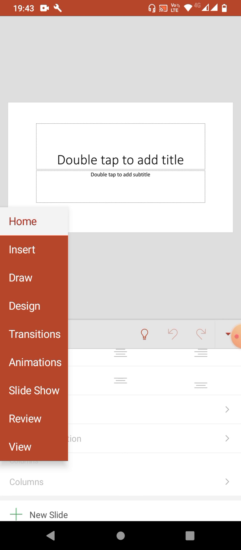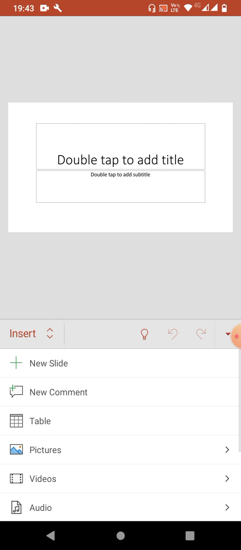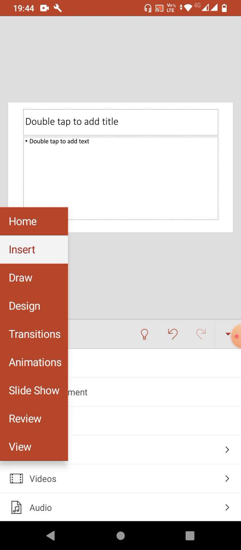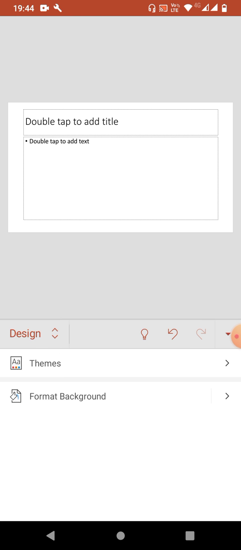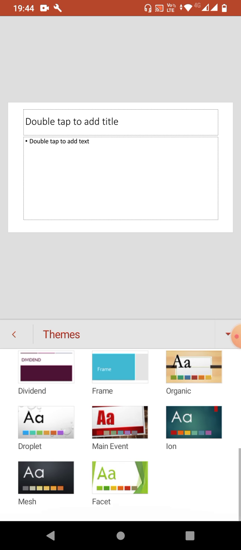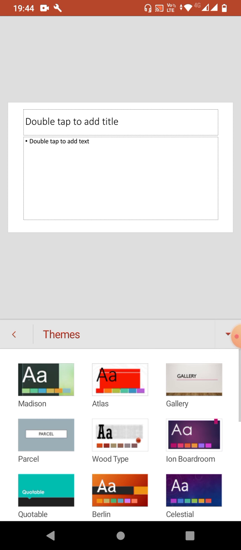So it's insert. From insert, let's see that we have learned to add a new slide. We can add new slides, yes, we can add it. Again, just go to the design tab. We have learned to apply many designs. Yes, from the themes we can also apply many themes here.